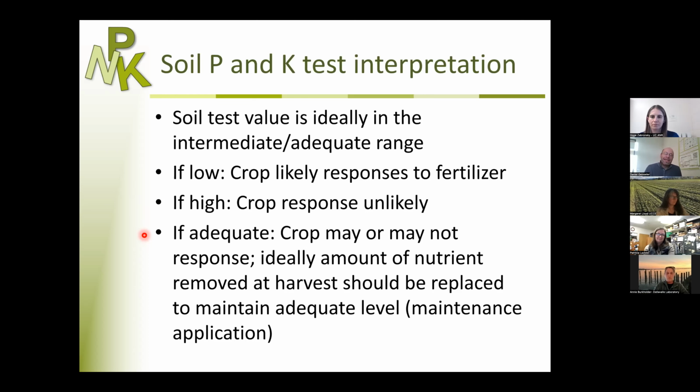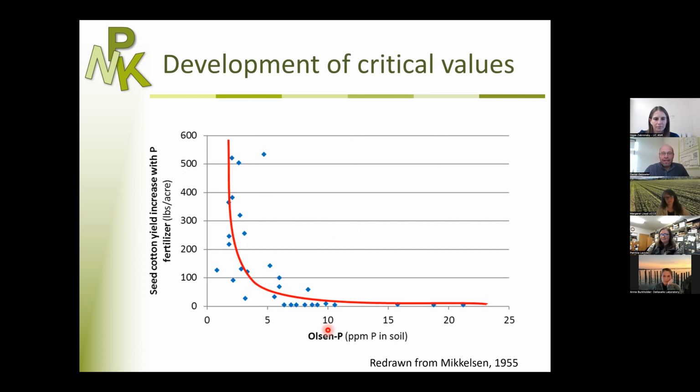To better understand how these recommendations were developed, I would like to show you how people actually determine what is low, high, and adequate. Here's an example for Olsen P, for available phosphorus in cotton. What the scientists did here, they selected some 30 or 40 fields. Each dot here is a field. And at the beginning of the season, they measured